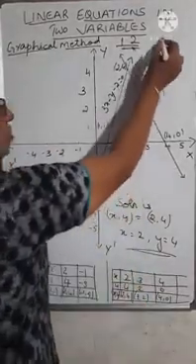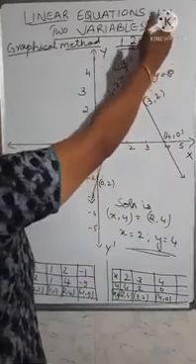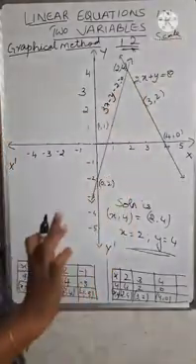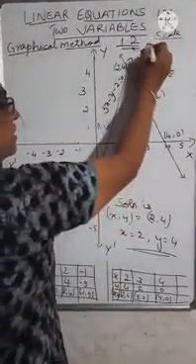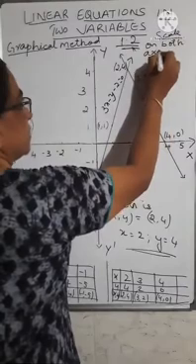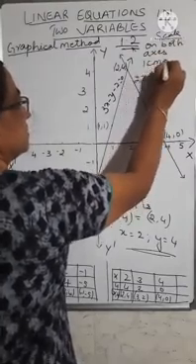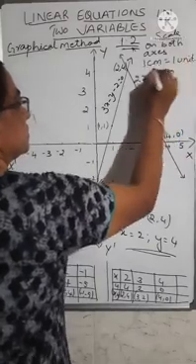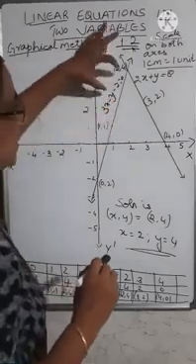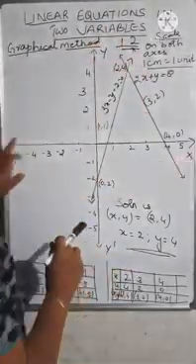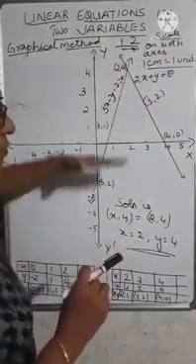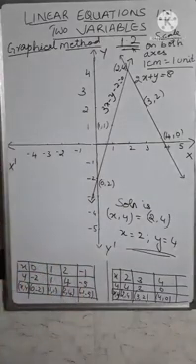Then the next thing is writing the scale. At the right hand top corner you write the scale. Here you have taken the scale on both the axes as 1 centimeter as 1 unit. So you can directly write: on both axes, 1 centimeter is equal to 1 unit. So this completes the graph. You have to be very careful in pointing the coordinates, writing the equations, writing the x-axis, y-axis, writing the scale, and then writing the solution of the equation. So this completes the solution of the linear equation by using the graphical method.